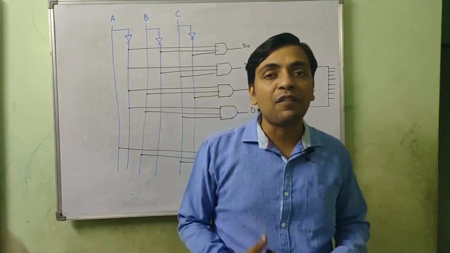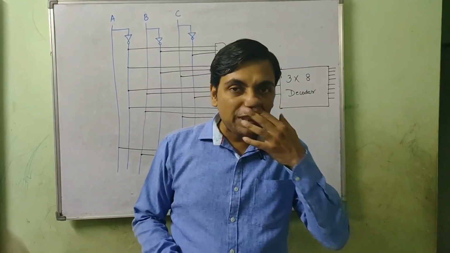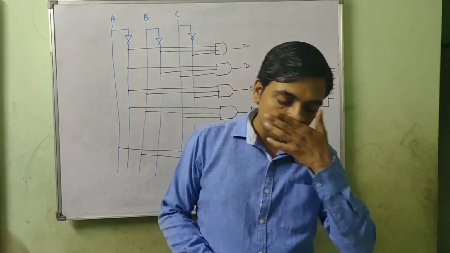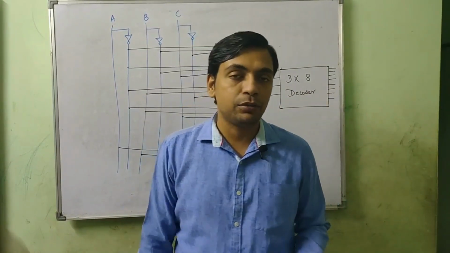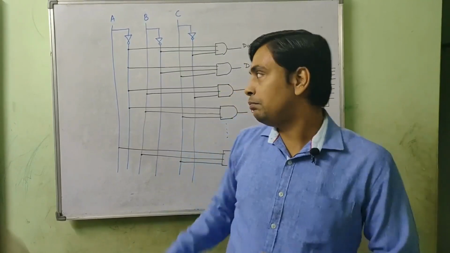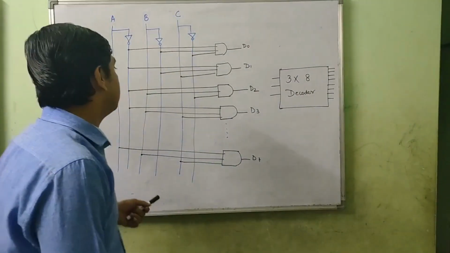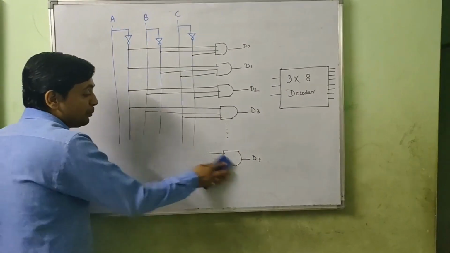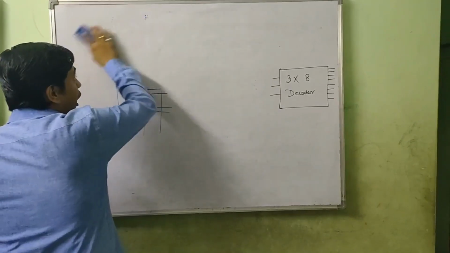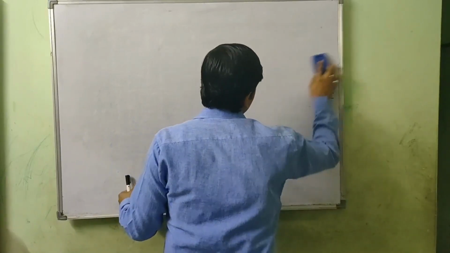For example, while you are working with the remote control of your television, there are different input values that you can work with, but you will choose a specific input at a time, right? So there a multiplexer is being used. But if you want to choose a specific value, you need some selection lines. So basically a multiplexer sometimes looks like a decoder itself, but there are plenty of differences between a decoder and a multiplexer. The first and foremost difference is that a multiplexer always gives you one output, whereas a decoder has more than one output.